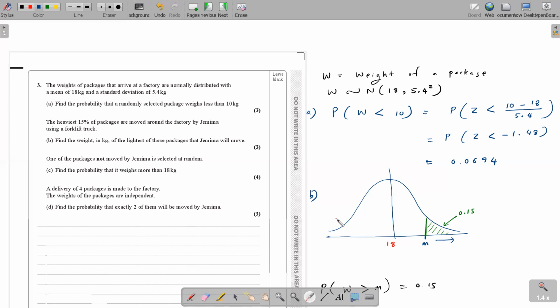So out of that 85%, probability means now you have to get the probability not out of 1. The probability is now out of 85%. So out of the 85% area that is available to you, what is the probability that the package is more than 18 kilograms? So what's the probability it is more than 18 kilograms?